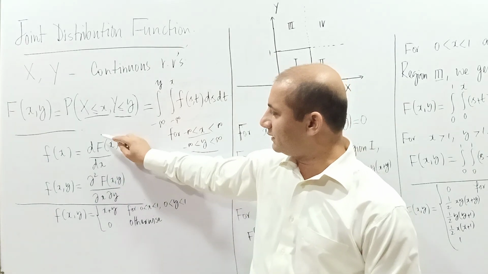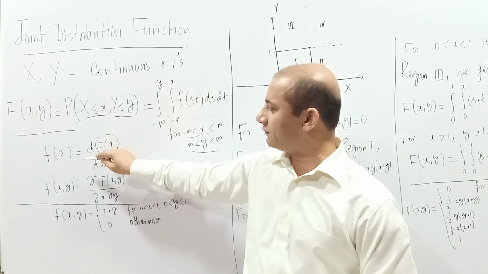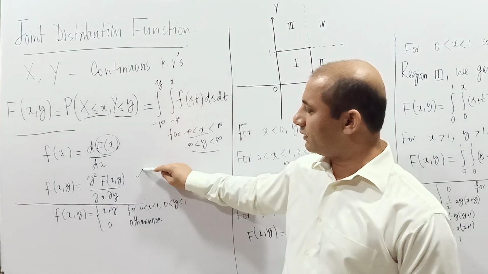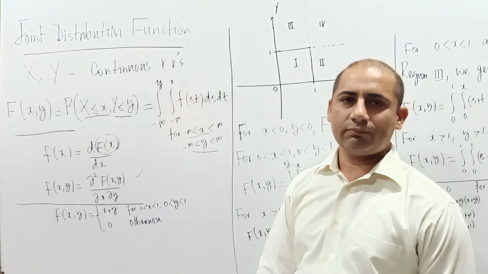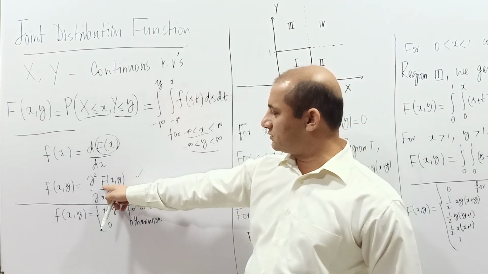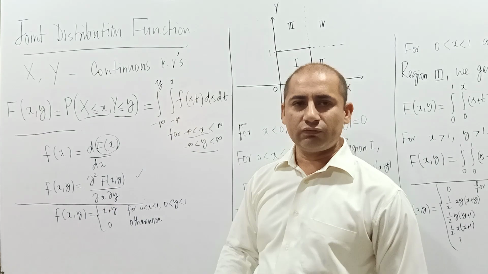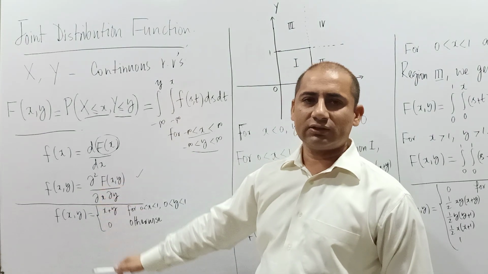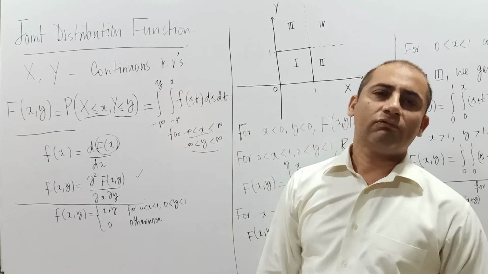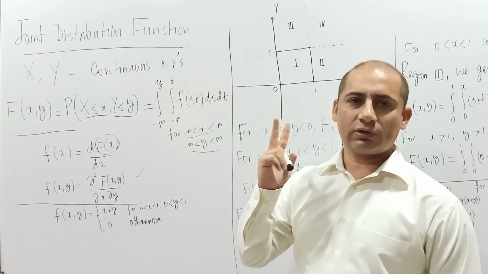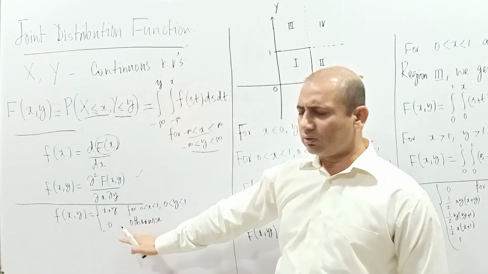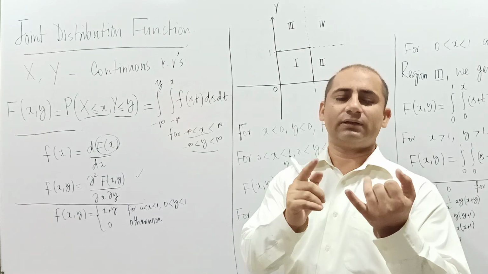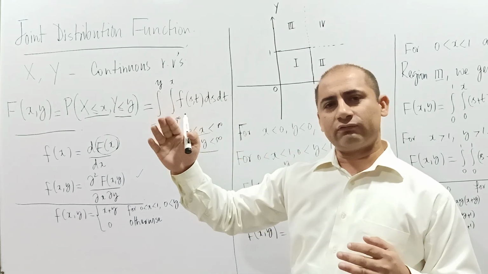So this is f of x, and if I take its derivative, this gave me the probability density function for one variable. Now what will happen when we have two variables? So this is the formula which we will be following, that this is the joint distribution function in two variables. We need to take two derivatives, one with respect to x, the other with respect to y, and then from there we'll have the probability density function in two variables. Everything else theoretically is the same except the fact that now we have two variables.